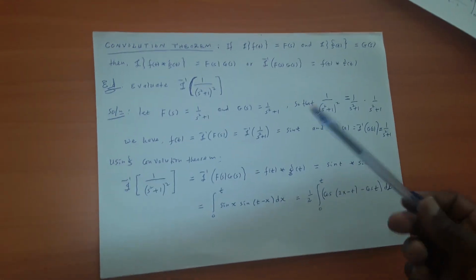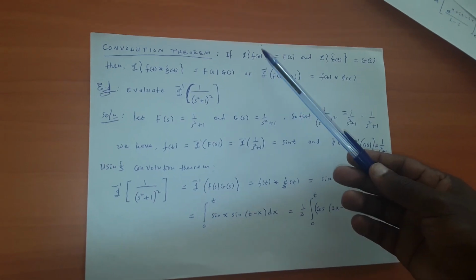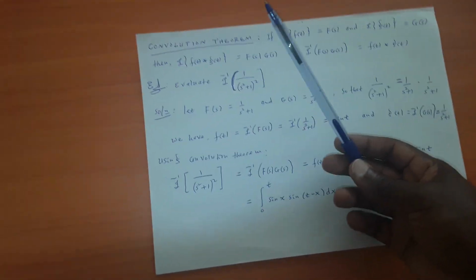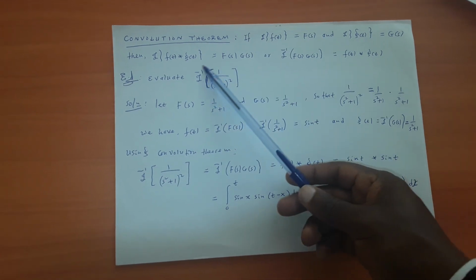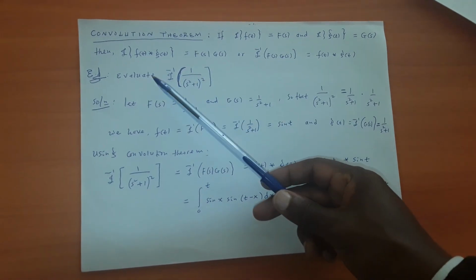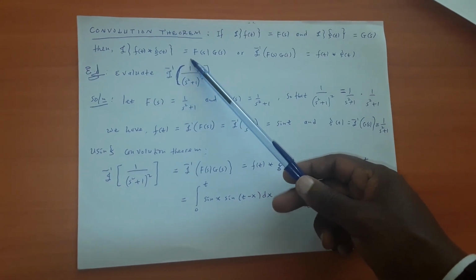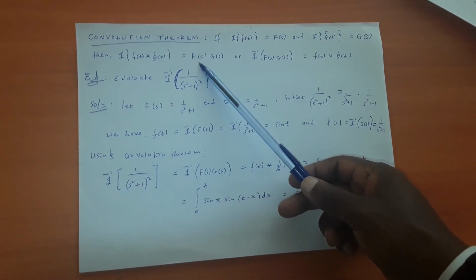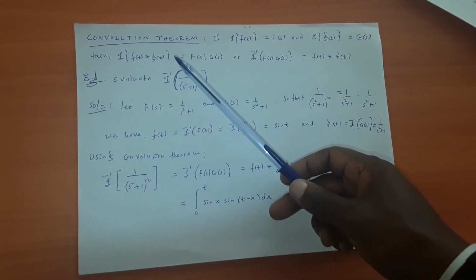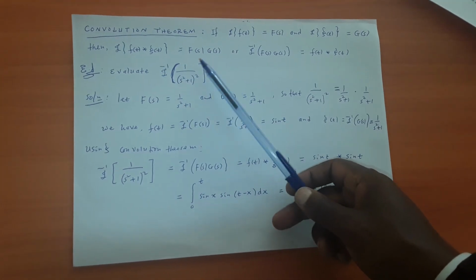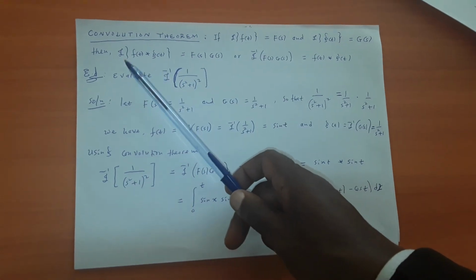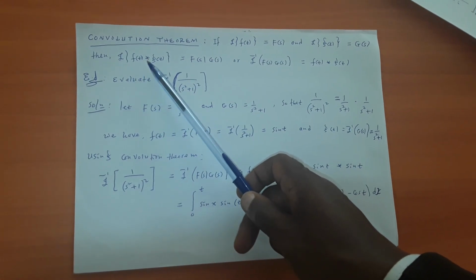the convolution theorem. It asserts that, assuming f and g have Laplace transformations, the Laplace of f convolution with g means F of s times G of s. So the Laplace of f convolution with g means the product of their individual Laplace transformations. Or, making the inverse on both sides, applying the inverse role,